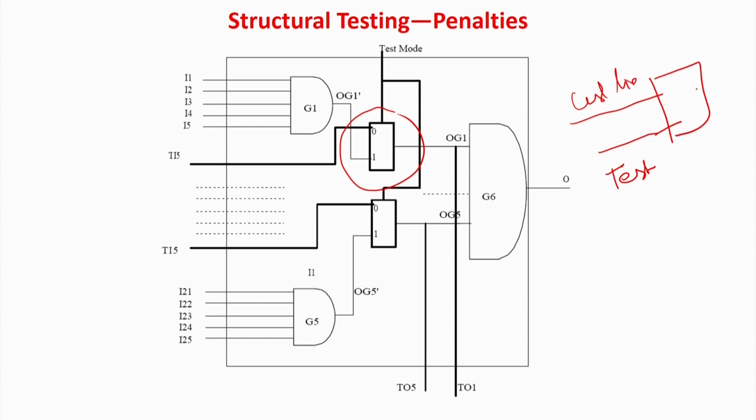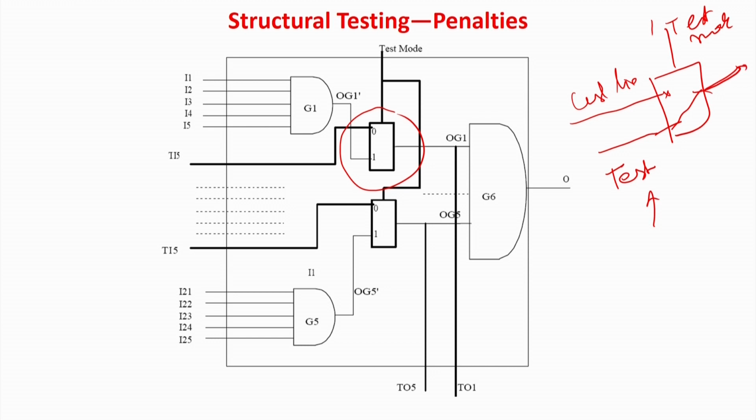We put a 2:1 multiplexer, and there is something called a test mode, and this is the mux output. So, when the circuit is operating normally, I am not interested to do test, I will put 0 in the test mode. So, this line will be connected and your circuit will be operating properly. And whenever I want to do test, I will make this line as 1 and this part of the line will be connected to the output. So, circuit output will be blocked, and from the test pin I can give any input which will be going to the gate to be tested.